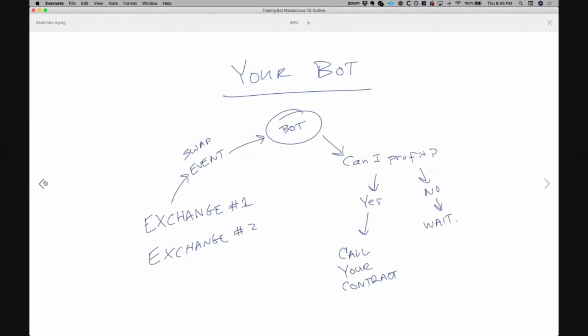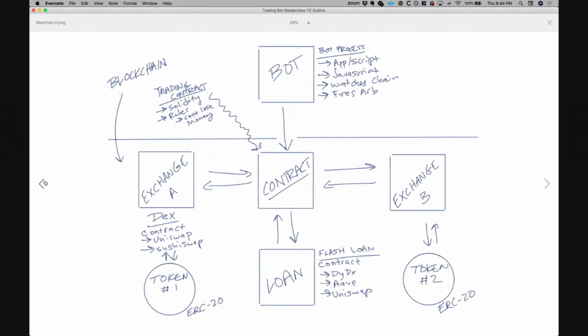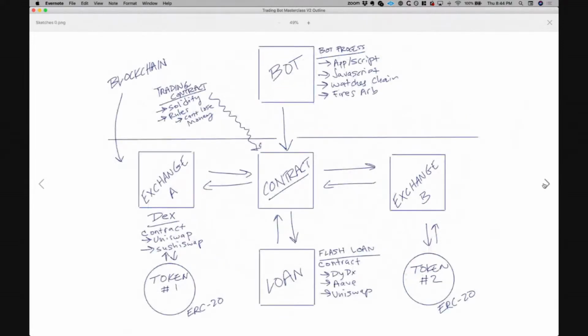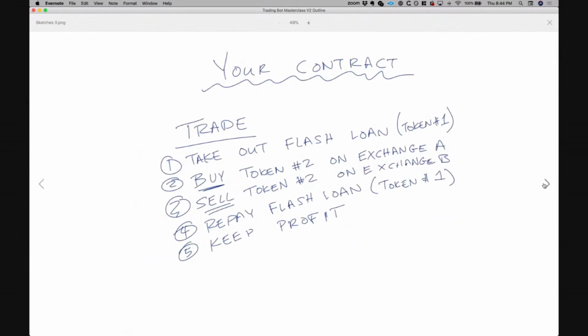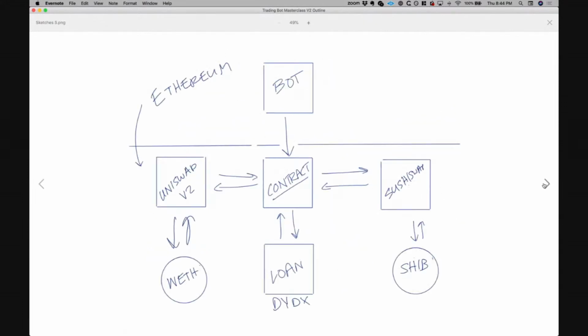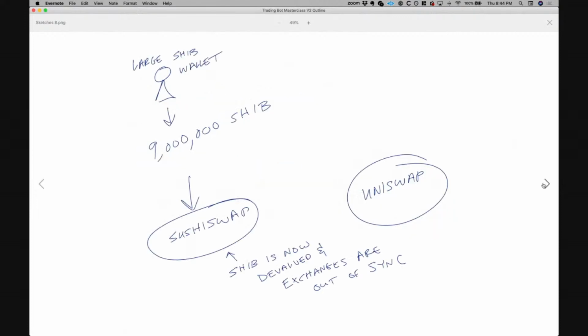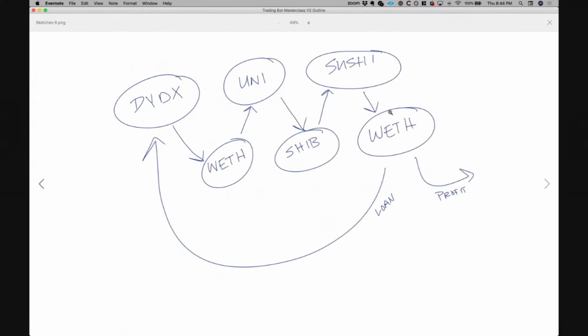visual, let's just see here. Hold on. So this thing right here, we've unlocked a large Shiba Inu wallet. We're going to swap the tokens on SushiSwap to dump the price like crazy. It's going to force an arbitrage. And then our bot's going to detect that, okay? And it's going to call the contract, okay? Once we dump the price,